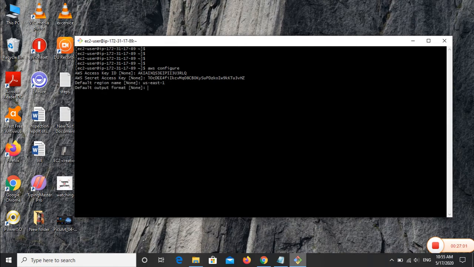We'll press enter. Now it will ask for the default output format. No need to enter anything here, so we will just press enter and we are done.